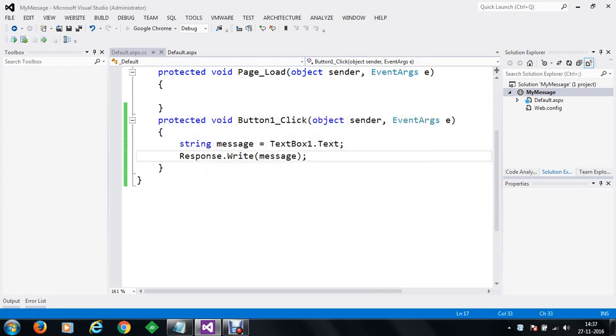Once we are testing the project here on our Google Chrome, you can see that I'm a single user and I'm testing this application manually. I have just provided a message: Hi, my name is Devanshu Shukla. As soon as I click on Show Message, you can see that the message is appearing on the web page.